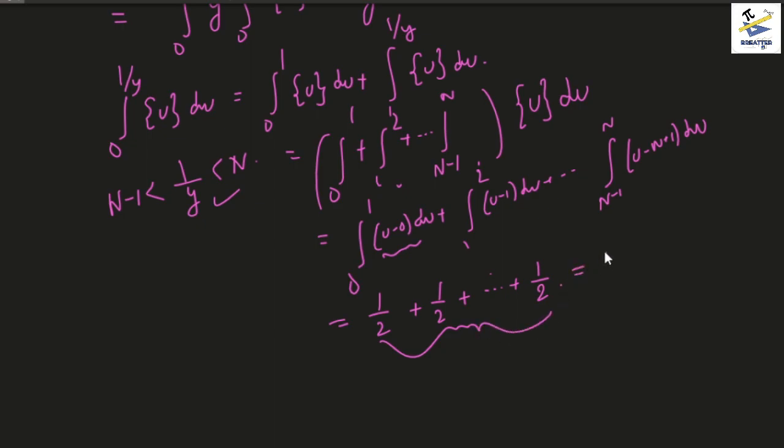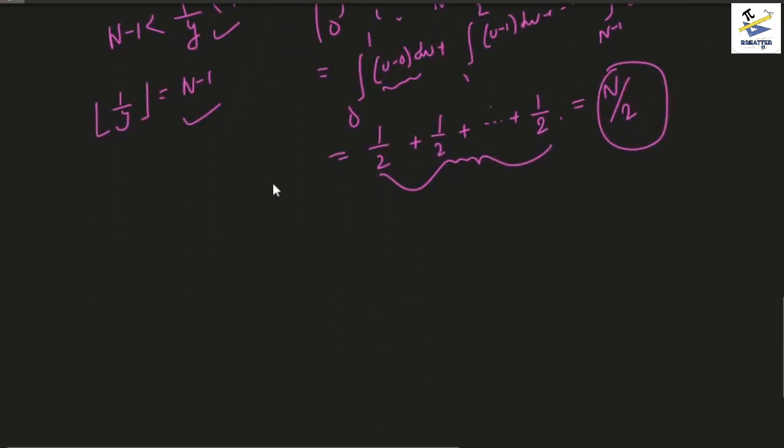So this would basically involve n by 2, where box of 1 by y is basically n minus 1. So what we understand is that I should be equal to 0 to 1